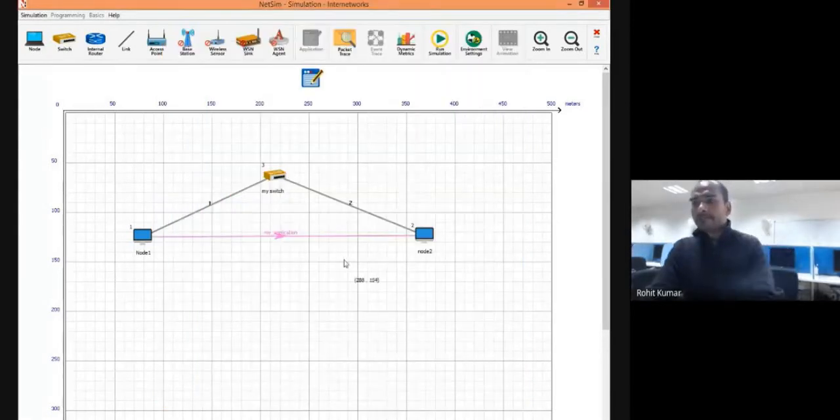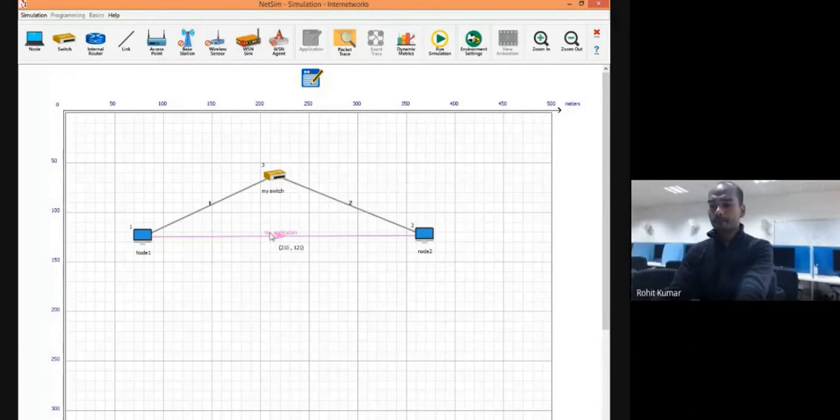Choose accept. So see here, my application got deployed on this particular hardware setup from node 1 to node 2. Okay, and the line is coming here. If I had chosen not to show the line, then this line would not be here, and still the application has already deployed. So we are set up with the hardware configuration, and the application also got set up. Now we just need to set up the runtime parameters if we want to.